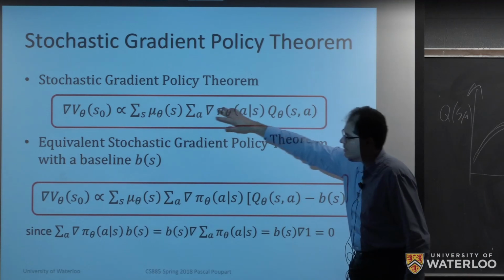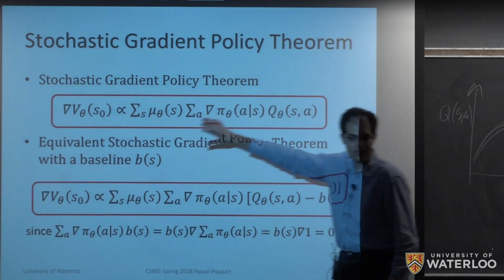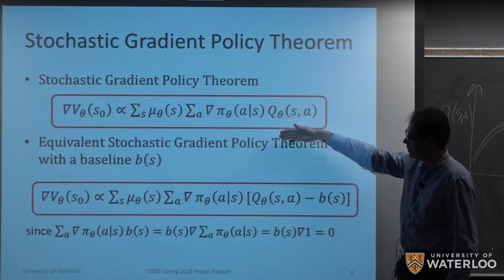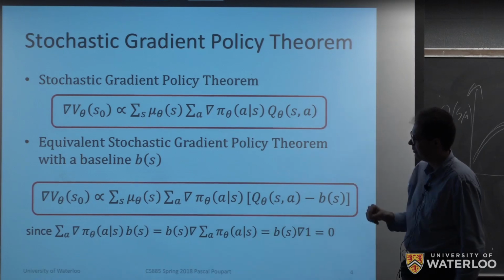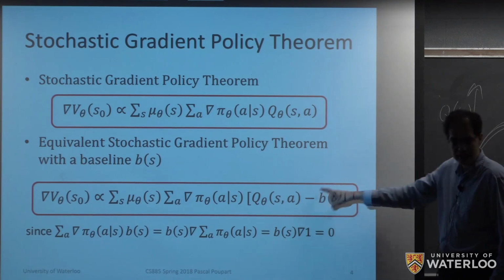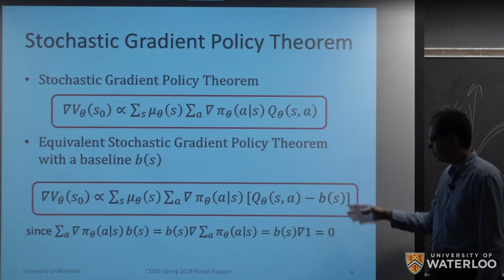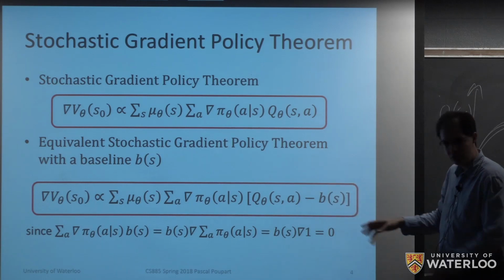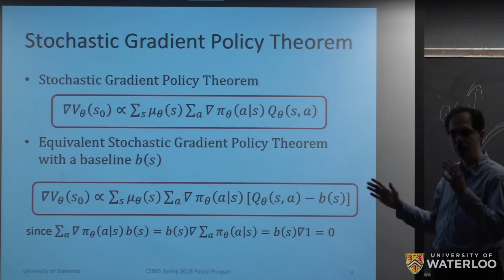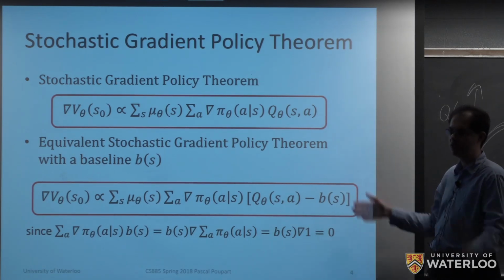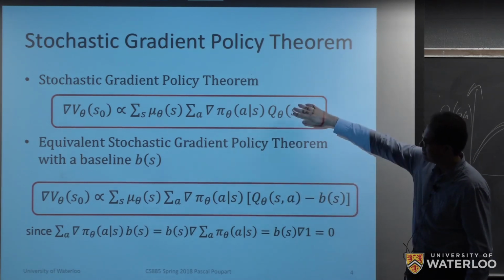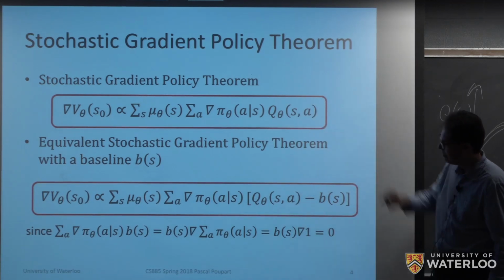Okay, but then this expression, we could modify it. It turns out that there's an equivalent notion of gradient that uses a baseline. So here, if I simply subtract from my Q function another function that I'm going to call the baseline function, and this baseline function is just going to be a function in terms of the states. It should not depend on the actions, just the states, and it can be any function in terms of the states. Then I can prove that this expression is the same as this one, or at least it's equivalent, because